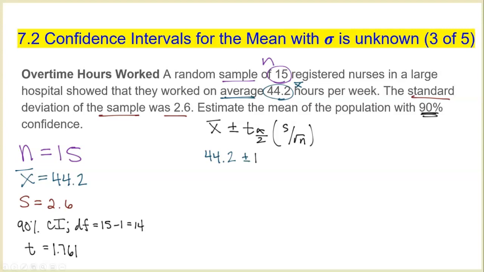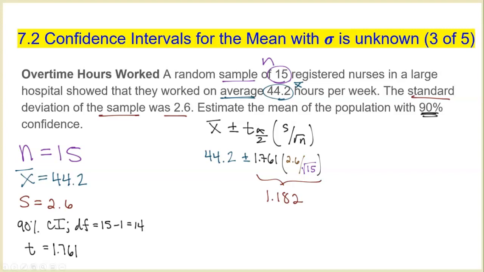So we set this up: 44.2 plus or minus the critical value and the standard error of the point estimate. And so this is our margin of error. On average, those 15 registered nurses averaged 44.2 hours in a work week, and the confidence interval is allowing that to vary by 1.182 hours. So this is more or less what we're subtracting from the hours they worked and also adding to the hours they worked to create that interval that is estimating the true mean number of hours for all the nurses in